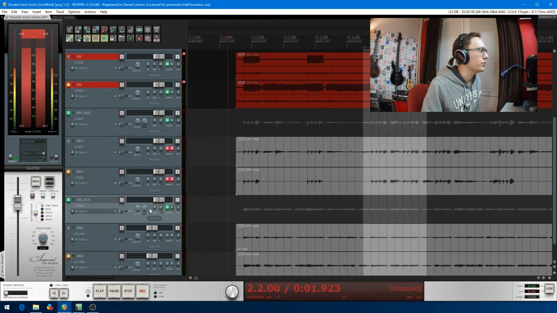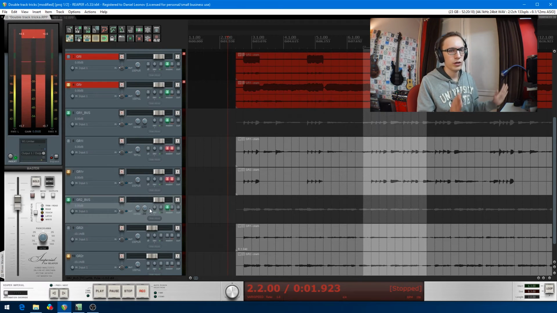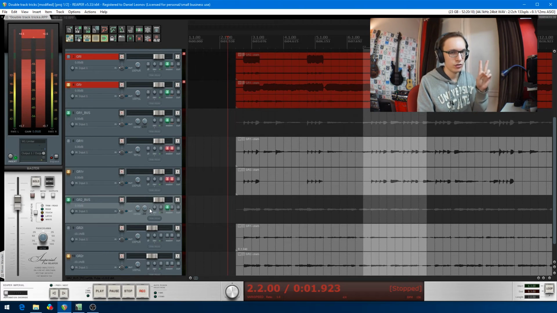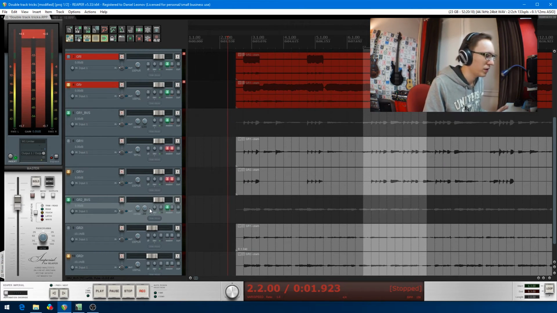So, as you've seen, I can tweak the relative positions between those two tracks just using two knobs, and it's very simple. Another way to use it,